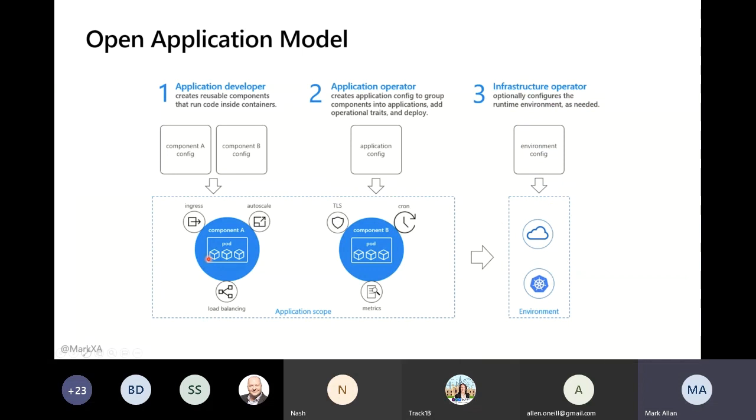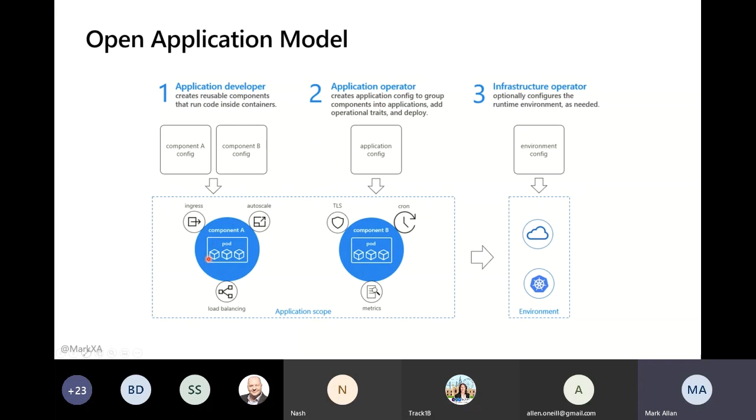This is a project that was originally set up by Microsoft, and in this case Alibaba and Ali Cloud, and it's basically designed to split up the responsibility for your application so that the developer can define the application.